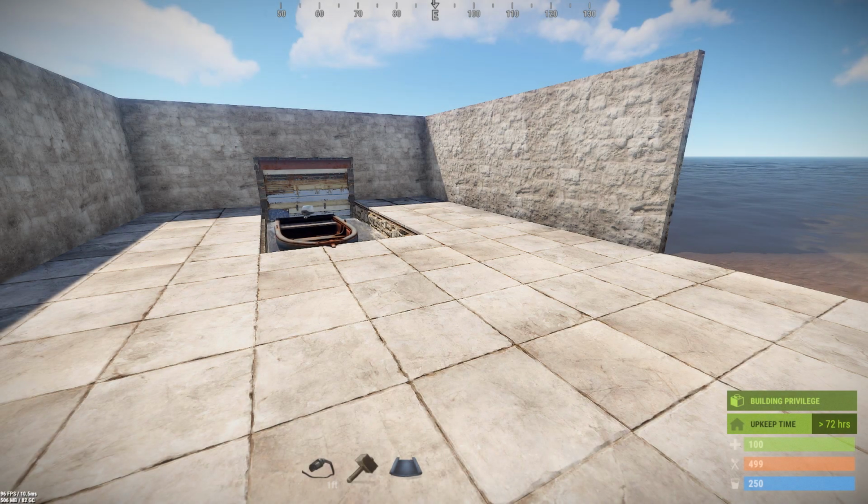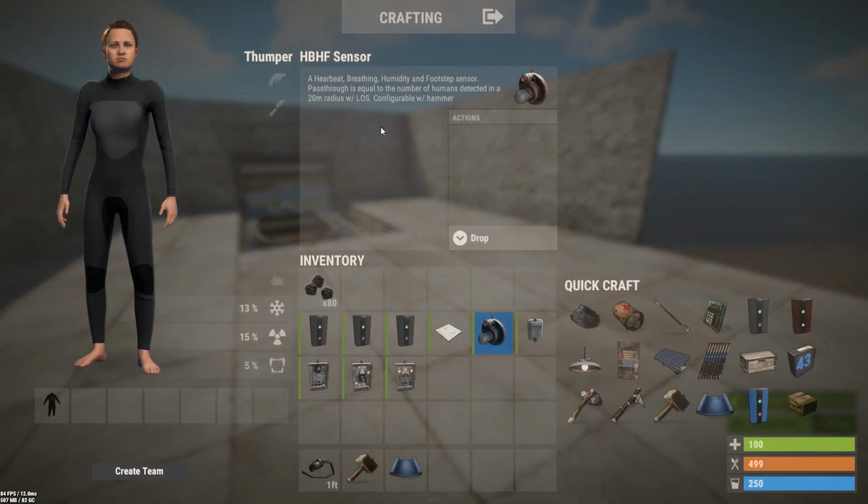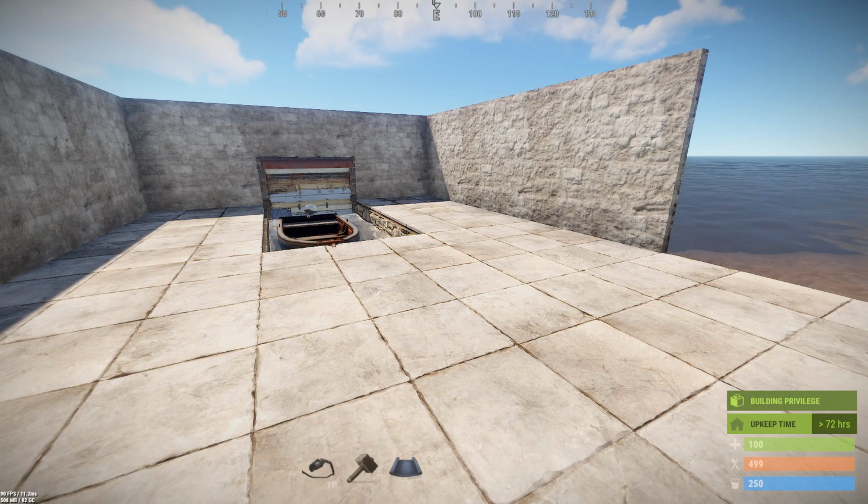Hello everyone, it's Thumper the Rabid Rabbit, and I'm here to demonstrate the new build of my advanced automated boathouse that is now secure thanks to our good friend the HBHF sensor that is available as of the February 2019